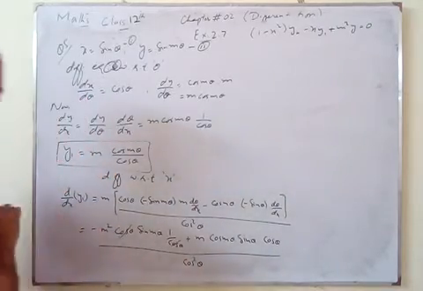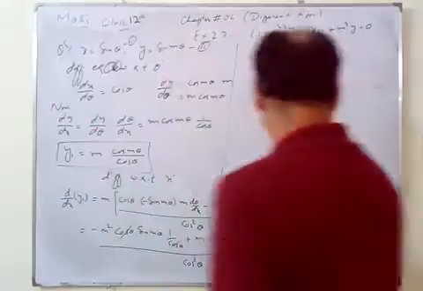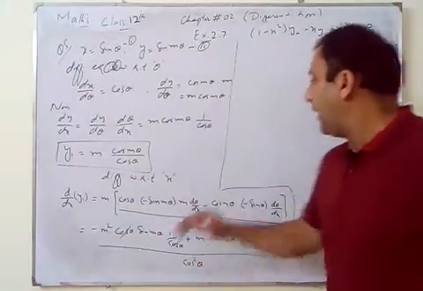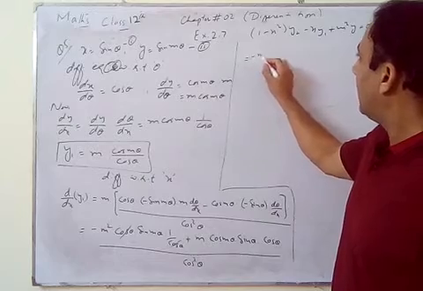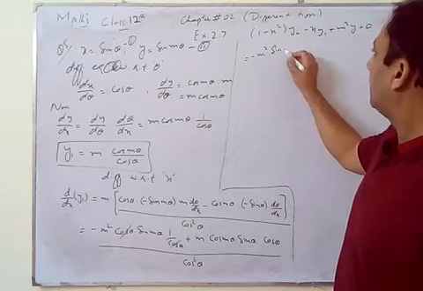This cos theta cancels, and we get minus m square sin m theta